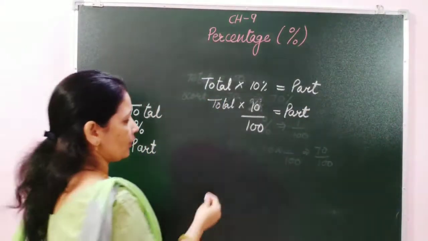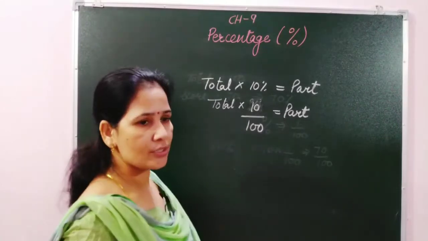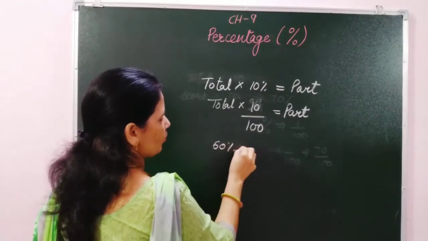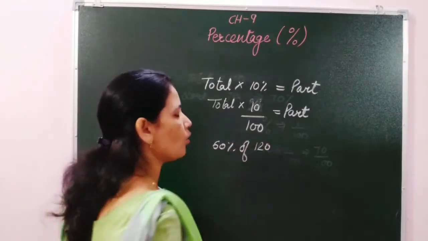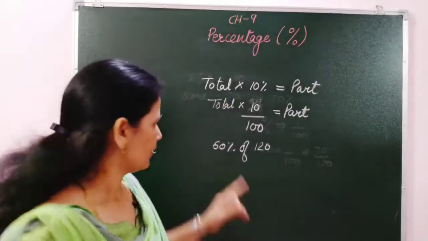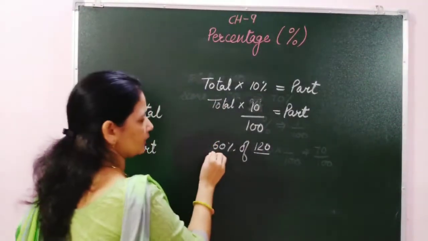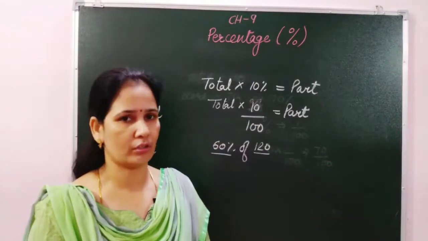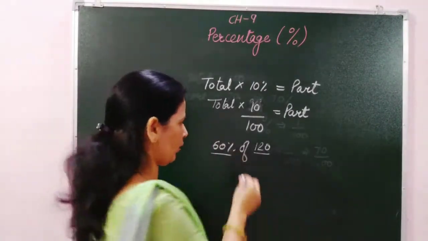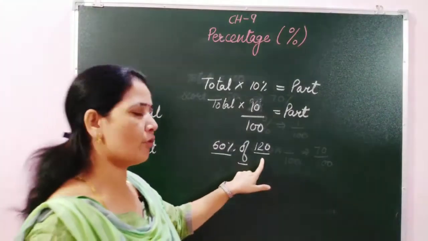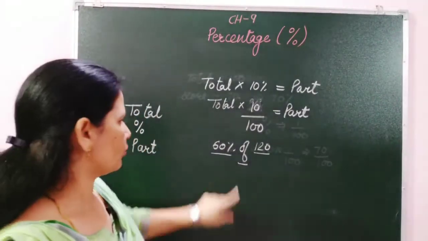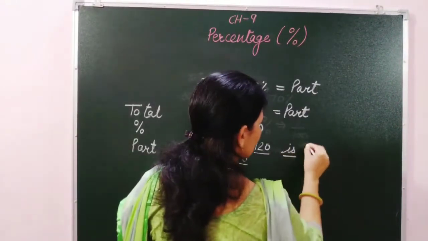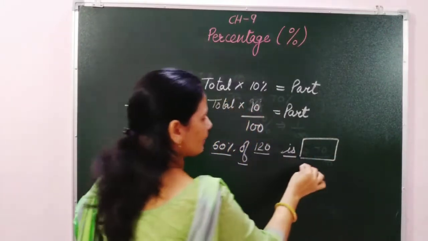So let's see, if you want to find 60% of 120. How to find 60% of 120? This is our total and this is the percentage. How do we recognize whether a given number is the total or not? Students, we observe the word "of". If the word "of" is given before the number, that indicates the total. And if we write the answer, we write 60% of 120 is. Whatever number we write after the "is" indicates the part.